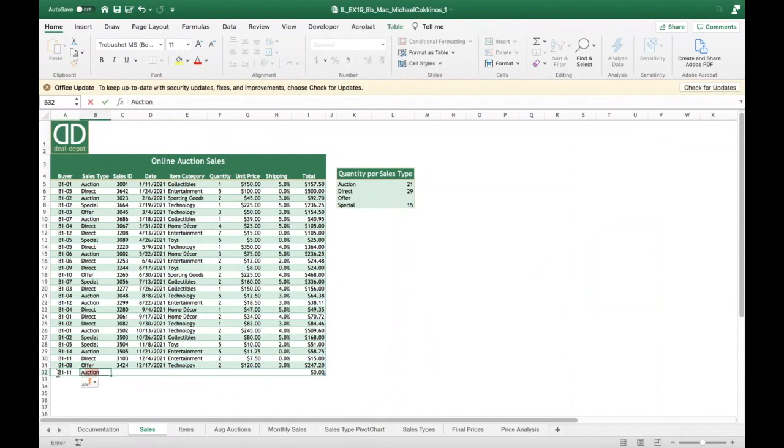It was auction 3701. Technology. Sorry, the date was 12/9. Sorry, 2021. Technology. One item for $95,